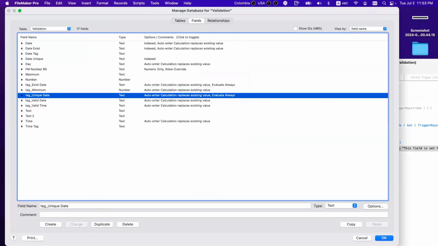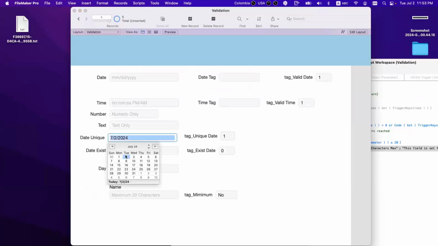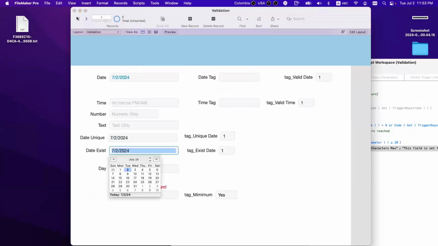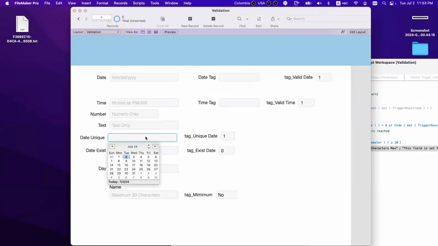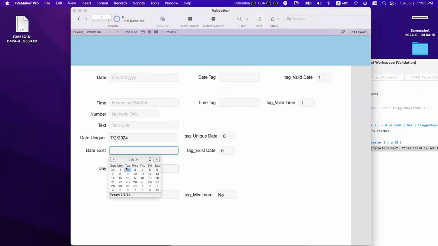Okay. Unique, no, because I have it. Okay, I have it. So it's not unique, right? So let's create a new record. Is the 2nd of July unique? No. If the 2nd of July exists, yes, right?